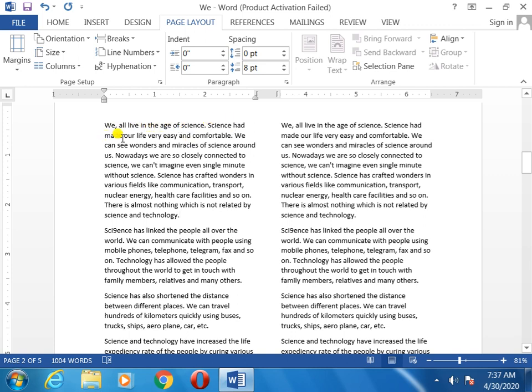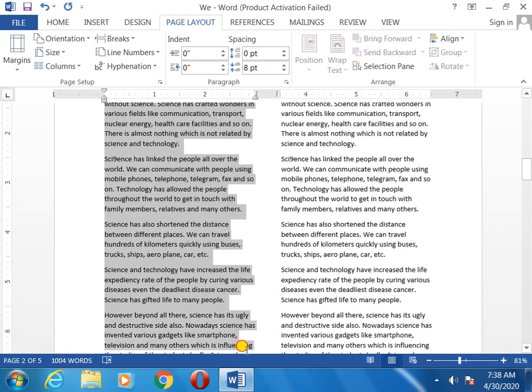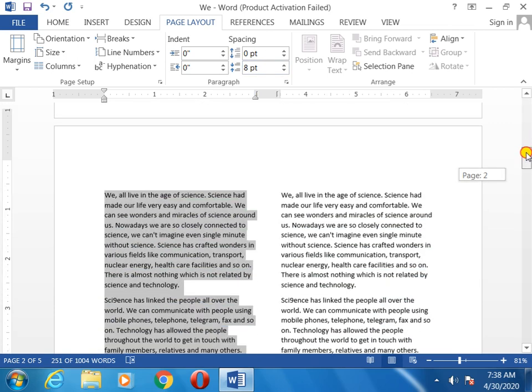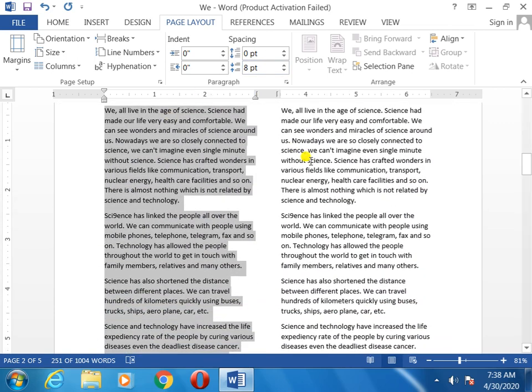Science had made our life easy, means to here on this side. You will not go to the right side. Okay. Now I am selecting justify. If I select, then you can understand only this part I have done, the left part; the right part I have not made yet.